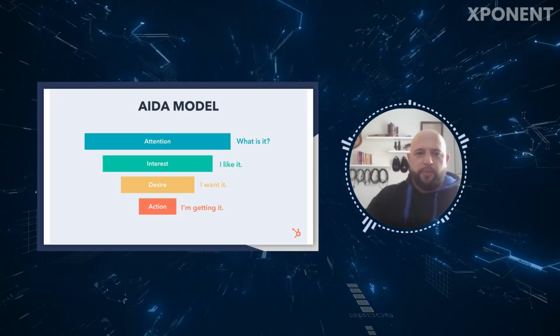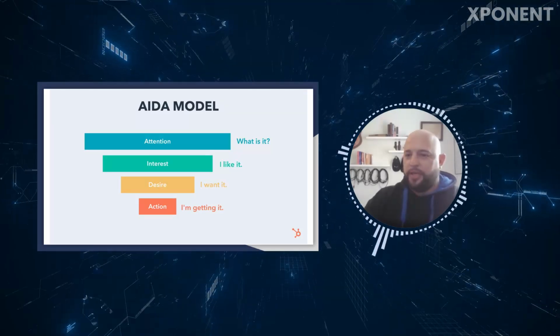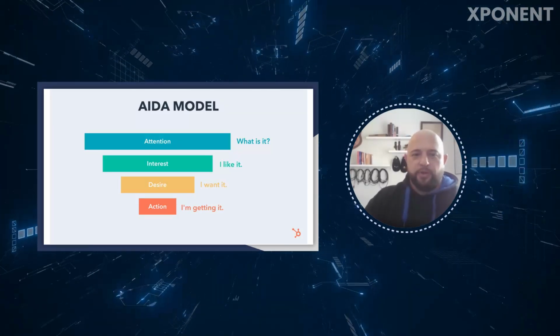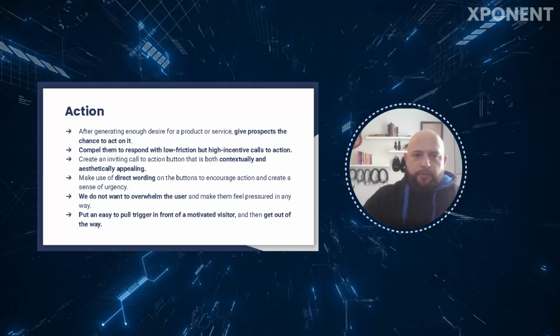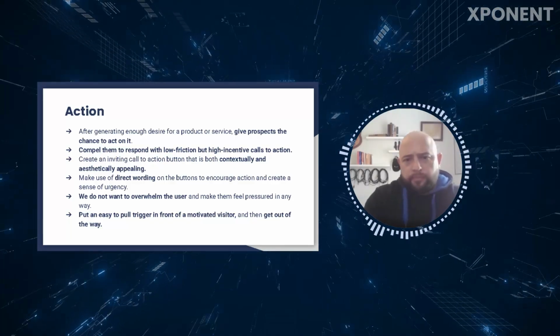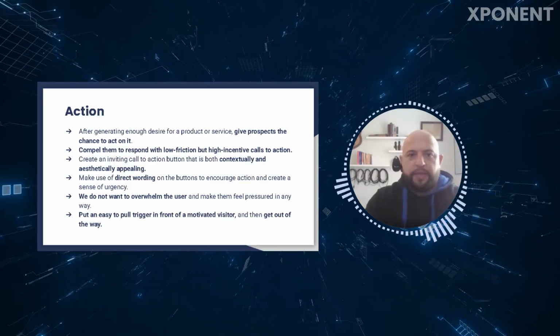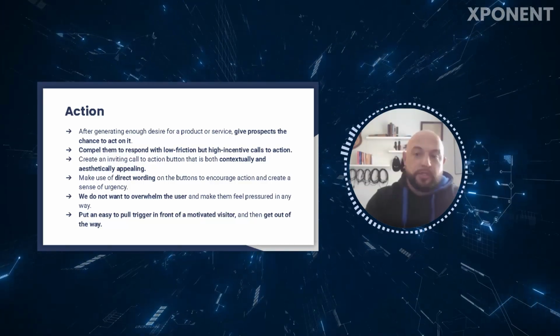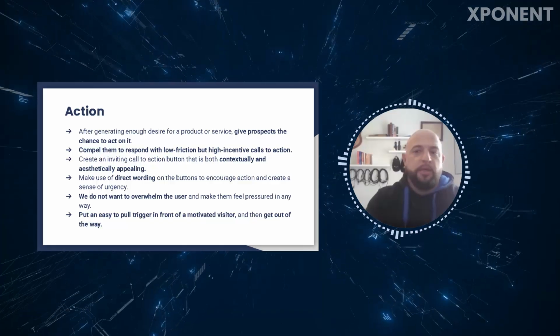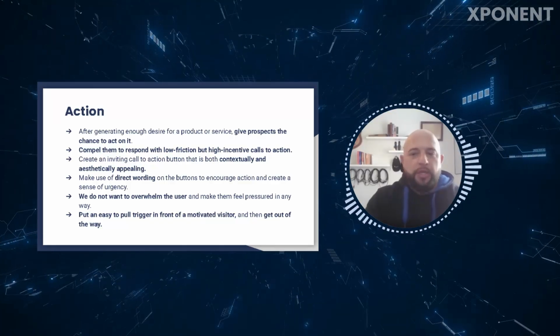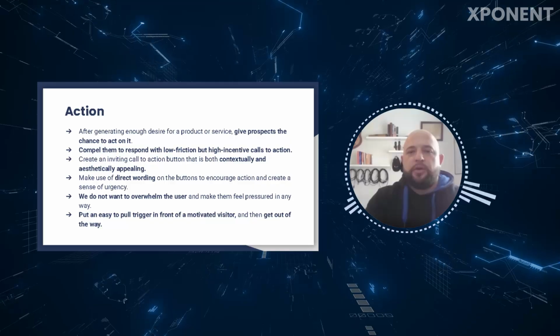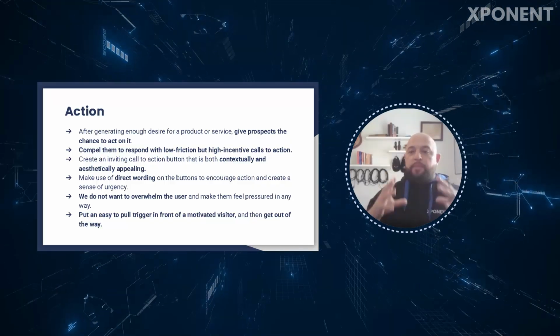Okay, and this is obviously where I thought I would start the talk today. Now you get to look at the roadmap again. Let's move on to action. Okay, so after generating enough desire, you need to give the prospect a chance to act on their desire. And that's usually a call to action. Contact us today, book a meeting, download our free trial, whatever the case may be. And the goal is to get them to say, I'm going to get this.